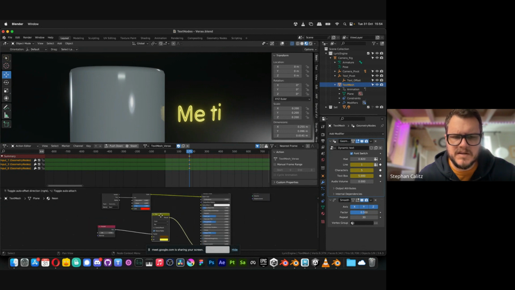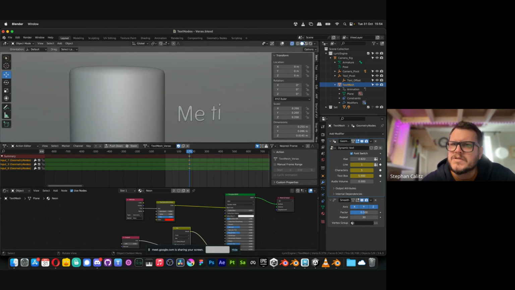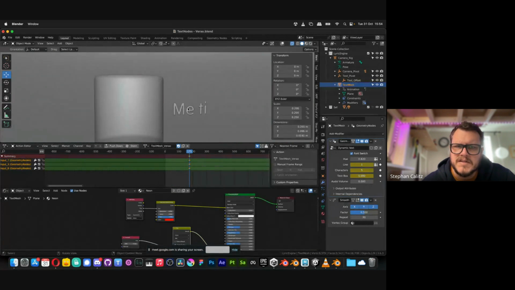Wait, what was the other thing that I was going to show? Oh, yes, the attributes. So if you were just to use something like... I don't know if I can do it on this object because that's geometry nodes.